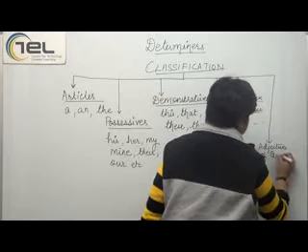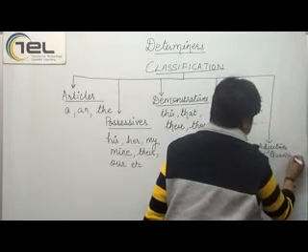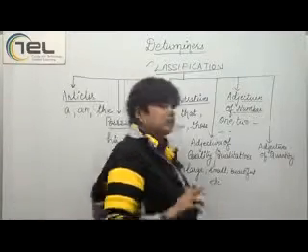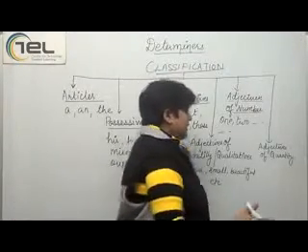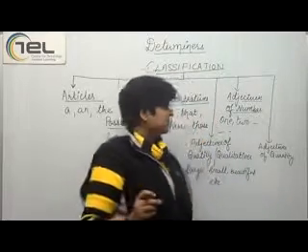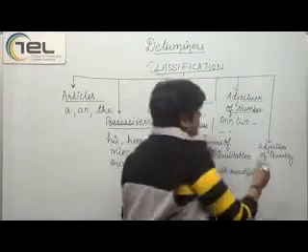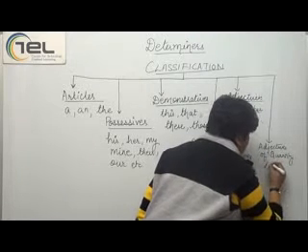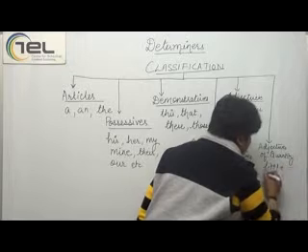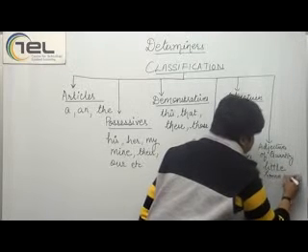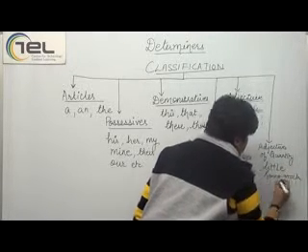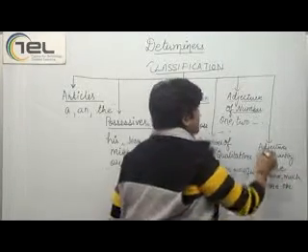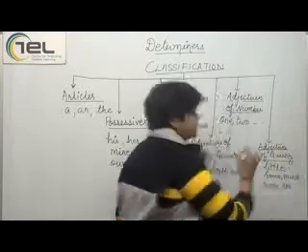Then comes adjectives of quantity. When we are telling the quantity of a certain object, for example, some milk is there in the glass or juice is there, which we cannot count, but we can tell the quantity of that thing, right? For that we use words like little, some, much, more, etc. These words are called adjectives of quantity.